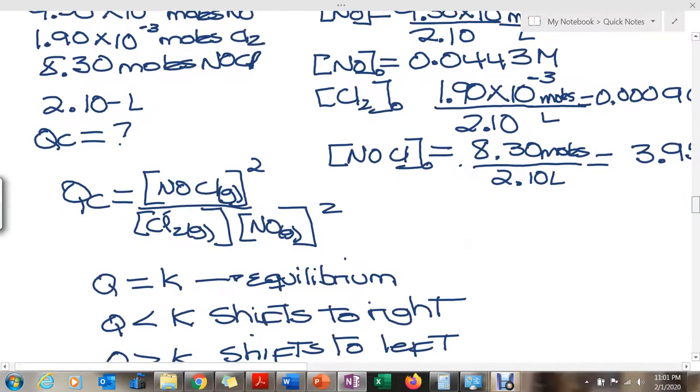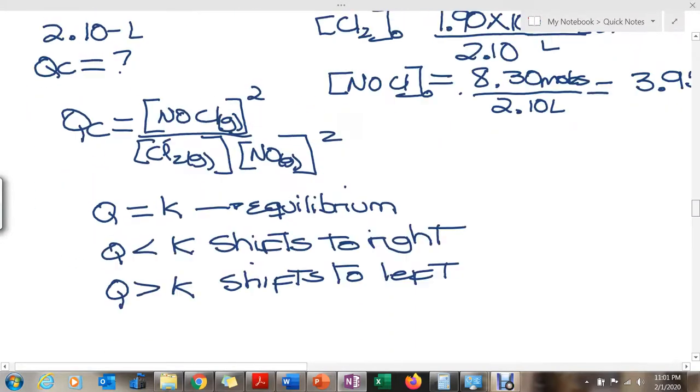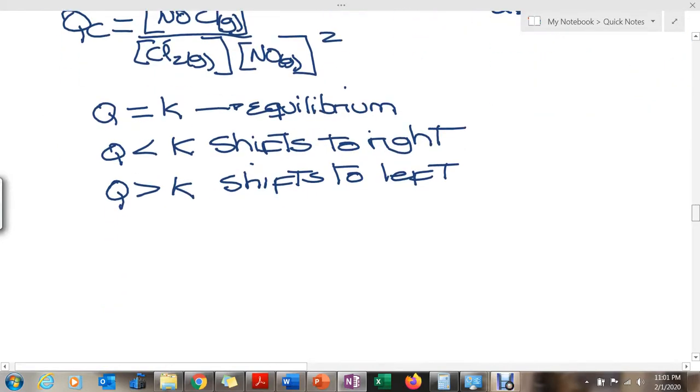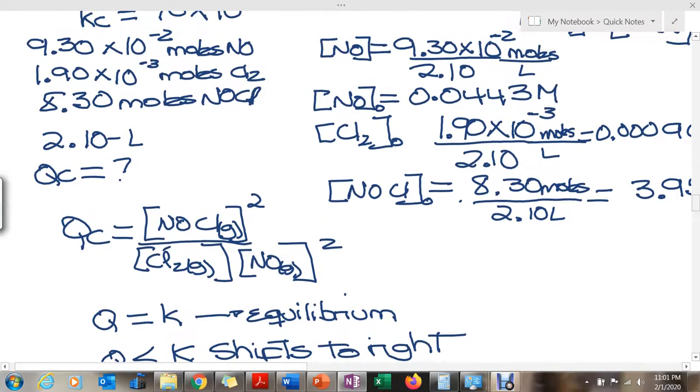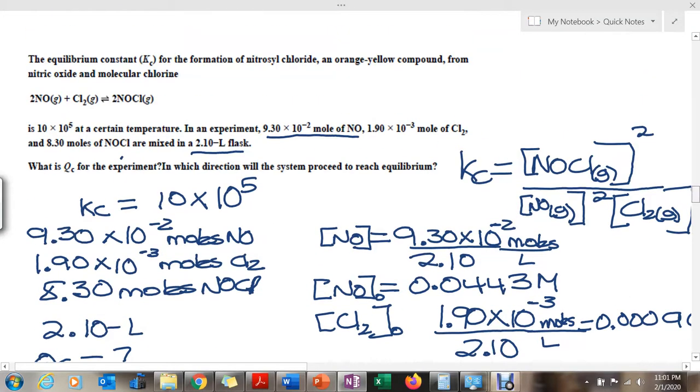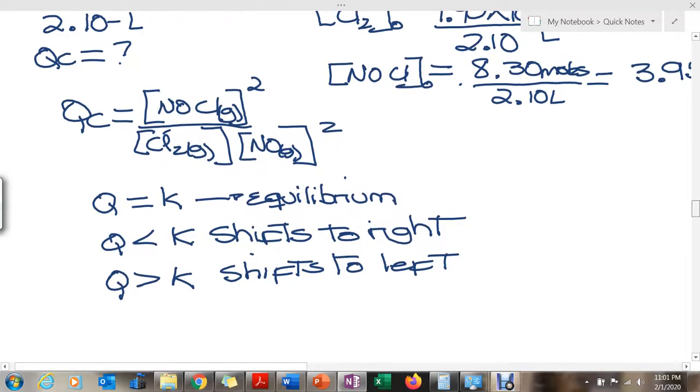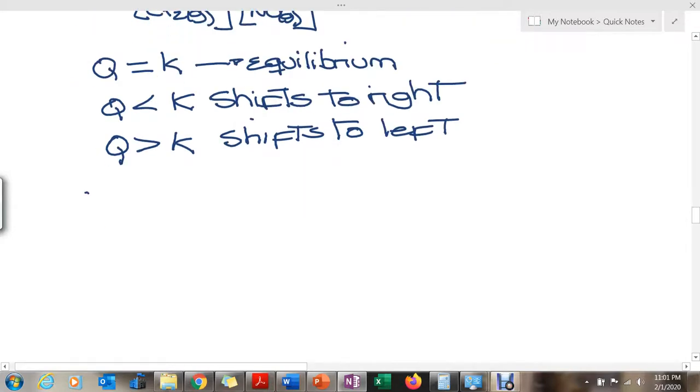So when you do the ICE table, which we're probably going to do in this problem, even if they're not asking for it, you are going to be able to determine in which direction you're going to plus or minus the x. But let's go ahead and calculate the Q here. And it's going to be Qc. We use the concentrations that we had, and it was